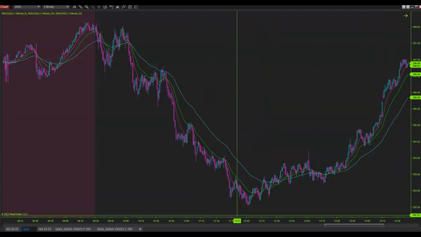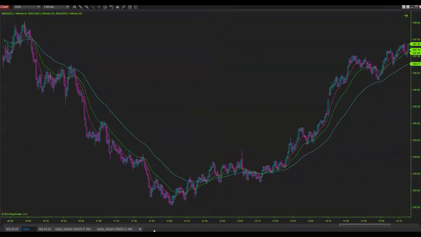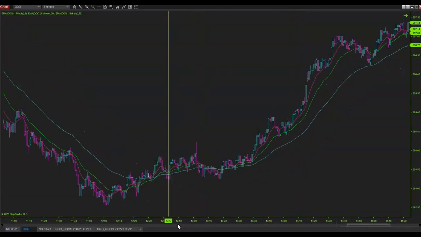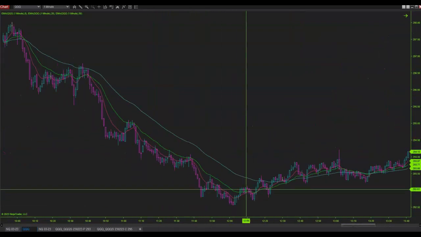Now, normally, time of day is important. It happened a little bit early today. Normally, around the lunch hour, it doesn't do a whole lot. And by about 1:15, 1:30, 1:45, you start to see it come up. And then you're looking for that trade right around 2 o'clock, 2:30. You can do a breakout around 3. And that's about the timing. So what we watch for is,